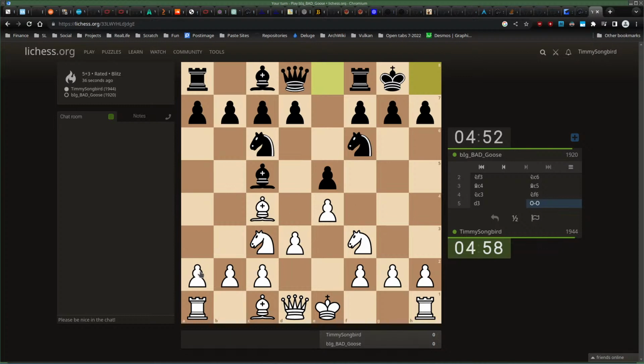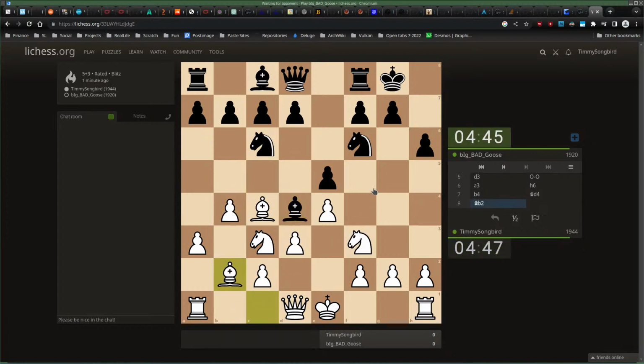I want to pin this knight, but then the bishop goes back and I really hate that. So I'm going to do this, threaten b4. Hopefully the bishop will go back then, and then I can pin the knight, and then my knight goes here. Now do this anyway. Maybe it goes there then. That's not a problem. Just defend my knight.